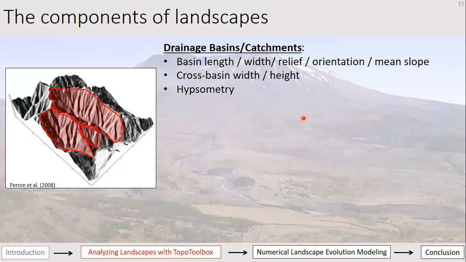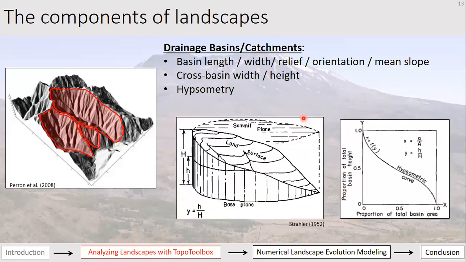Third in this list is what's called hypsometry or basin hypsometry. And this is a way of quantifying the areal distribution of relief within a drainage basin. For example, considering this kind of three-dimensional model of a drainage basin, we determine hypsometry at a specific relief of the basin by just calculating the amount of area that exists above that given relief. We do this for every